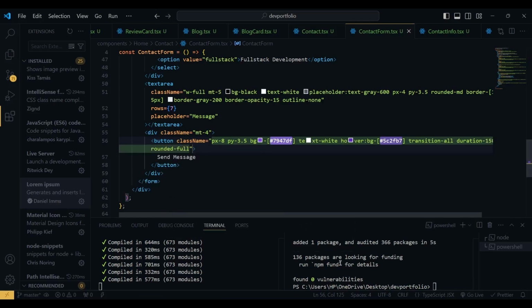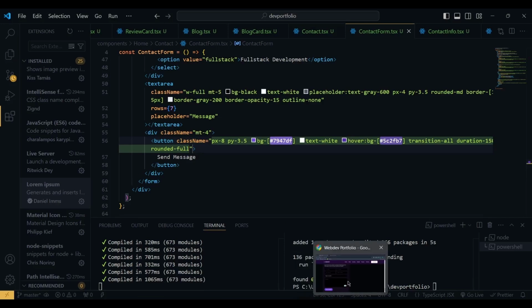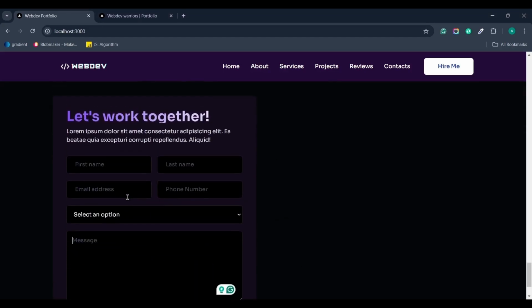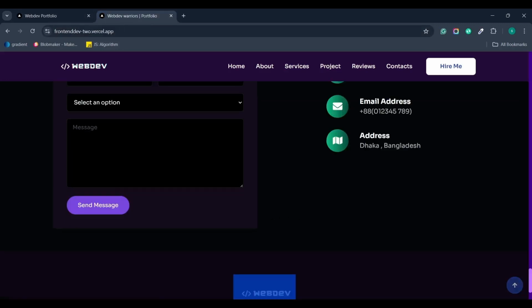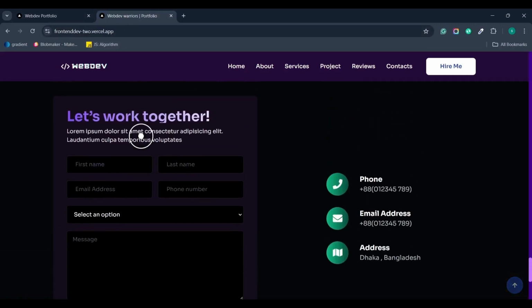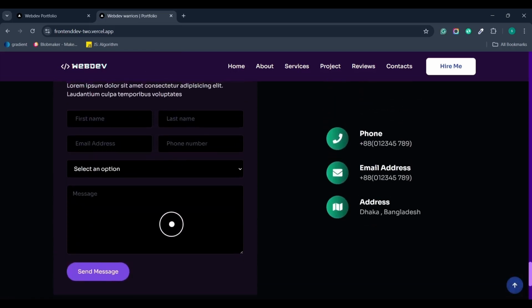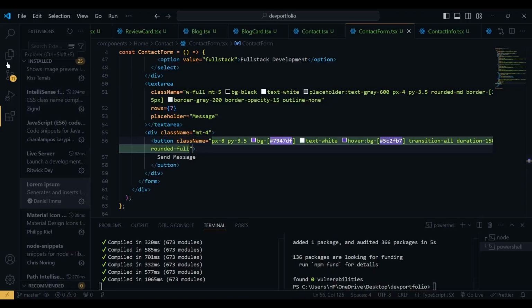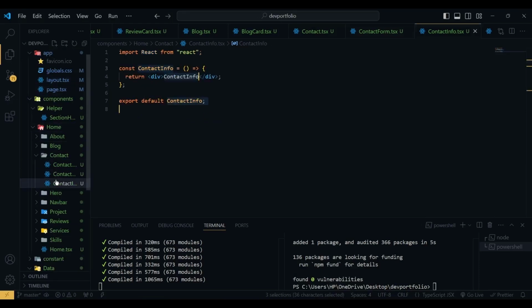Now if I hit save, here you can see we have our send message button, which looks very nice. So our form looks very nice, just like this one. Next what we need to do is we need to create this form info section. So let's go to the code and here go to the contact info,